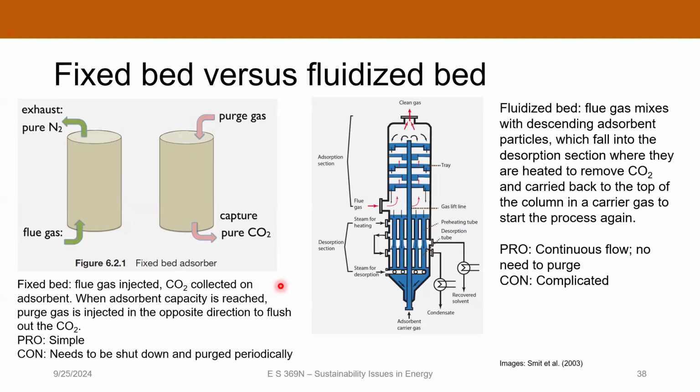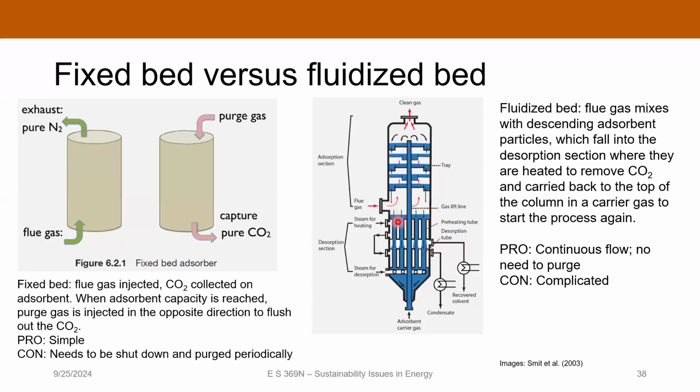And so to get around that, there's another type of bed called a fluidized bed, which is a little more complicated, but it can operate continuously. And so it's got two sections, one on top of the other. The flue gas comes in here, and it migrates up through these trays of sorbent. And that's pretty much the same way that the fixed bed reactor works. But the other thing that happens is that you have a flow of the sorbent back down here. So that's why it's called fluidized. The sorbent isn't just sitting there. And so it takes up the CO2, and